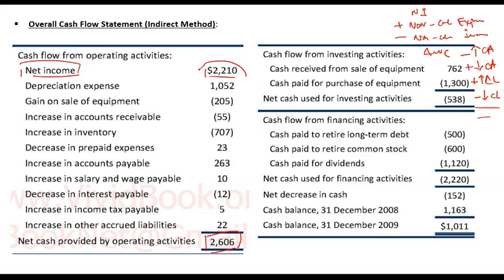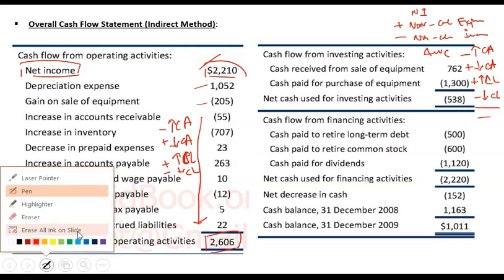That is, starting with net income, adjusting for non-cash items, and then adjusting for balance sheet changes, that is, current asset or current liability changes. That is, subtract increase in current asset, add decrease in current asset, add increase in current liability, and subtract decrease in current liability. So this is how you arrive at the net cash provided by operating activities, and you only